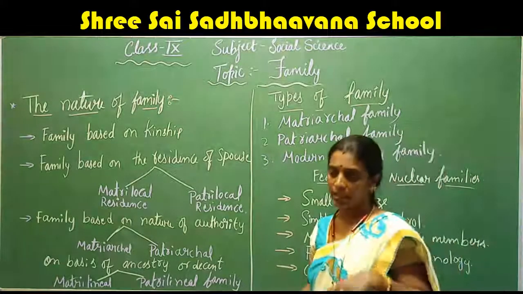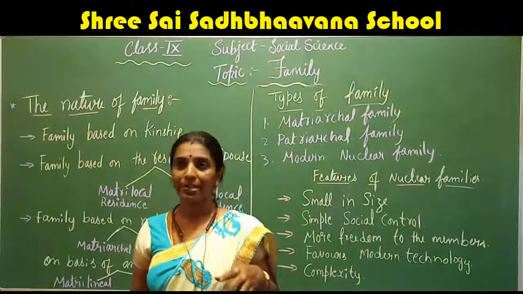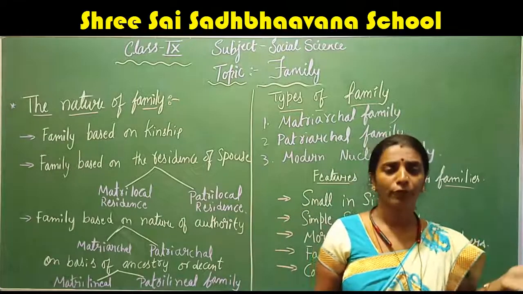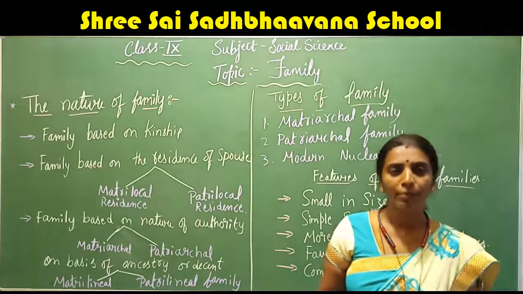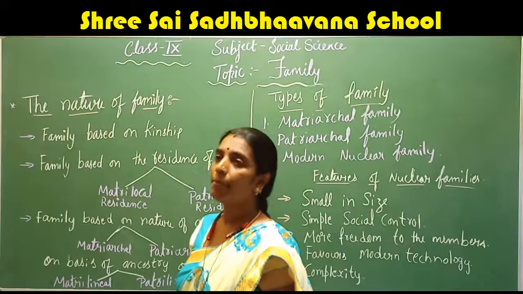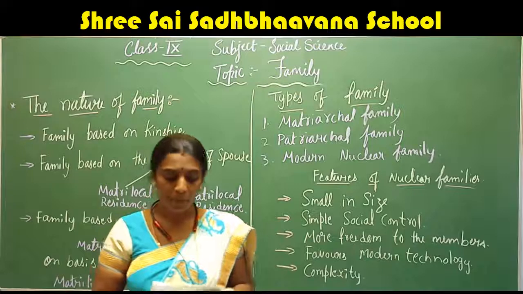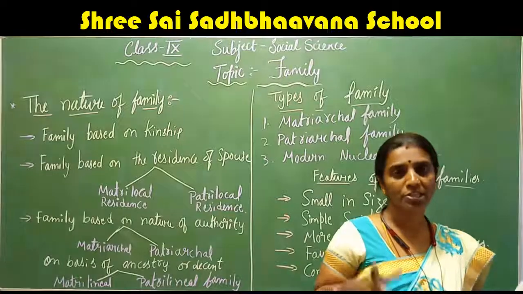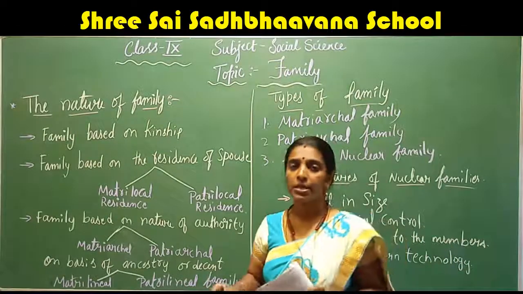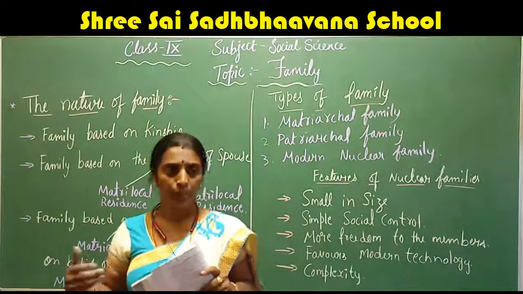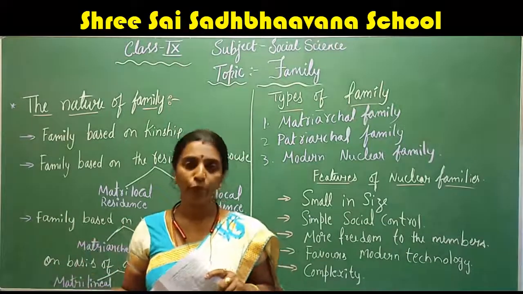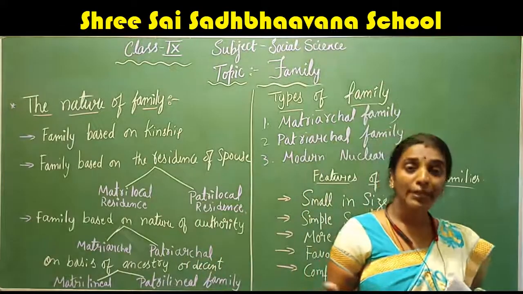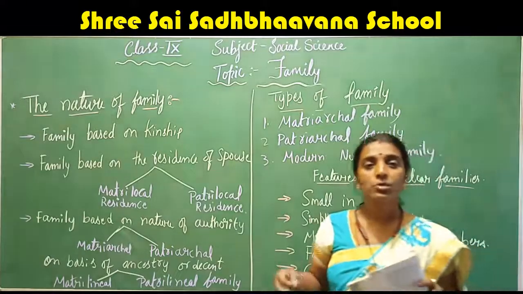Some 5 or 6 decades back, we were not seeing many nuclear families. Most of the families were joint families or extended families. But what happens because of modernization? I'll explain. The first reason is individuality. Day by day, as humans started to evolve in most institutions of society, he started to think about individuality and freedom. So he started his own family.